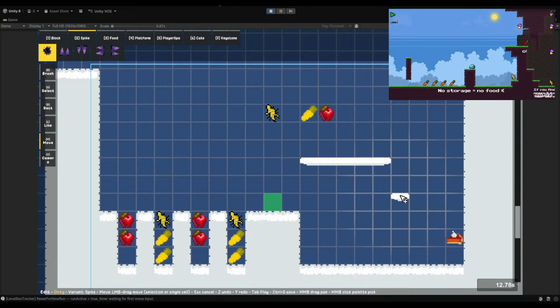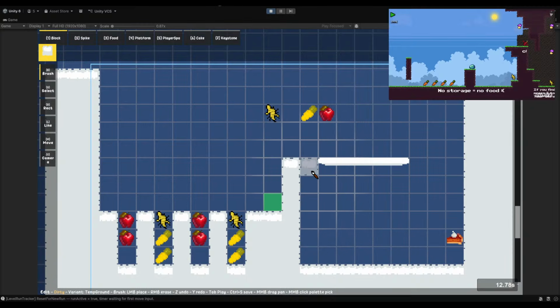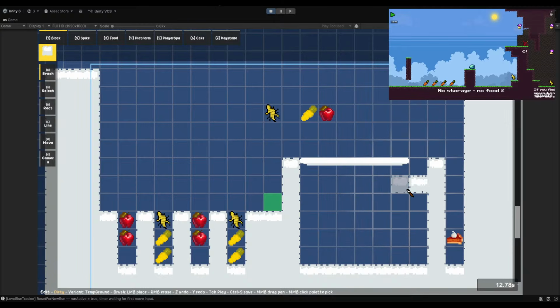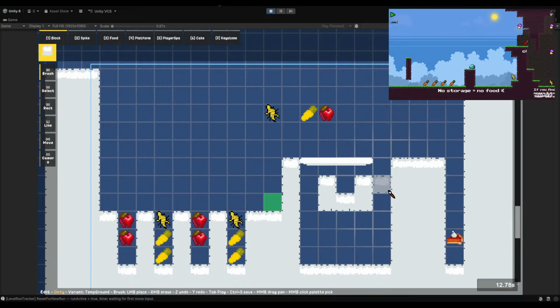It could be platform based, where let's say they fall on a platform here. They know that if they jump, they're going to jump out of the hole, which is what they don't want.